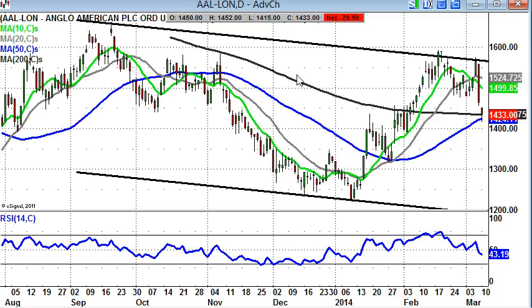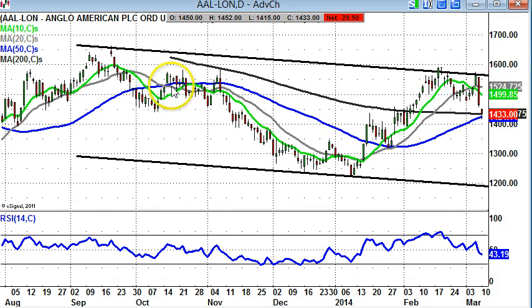I've got Anglo American here, where I was looking for another cup and handle reversal. This would have been the formation here from September through to the beginning of March, and it appeared that we were going to break through the neckline at £16 to start this week. In fact, we've dipped rather violently to the downside, an unfilled gap to start the week, through the 200-day moving